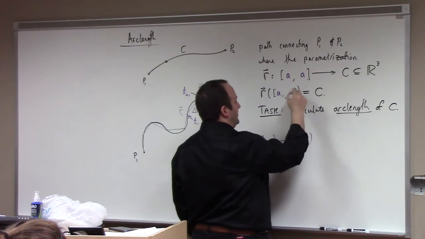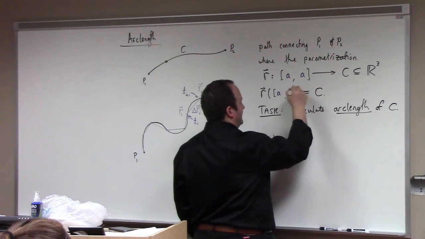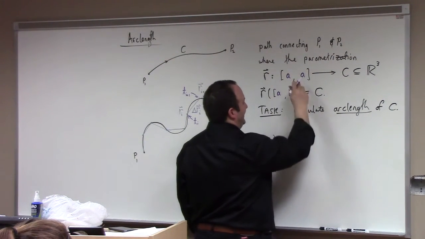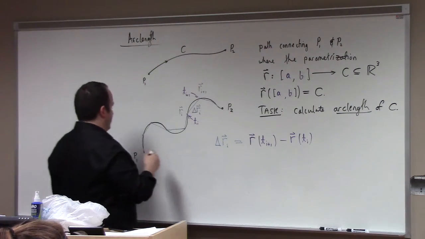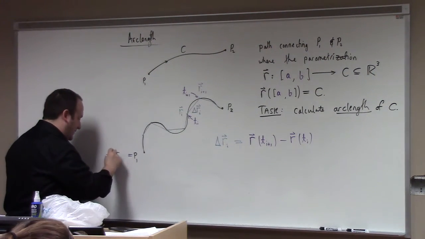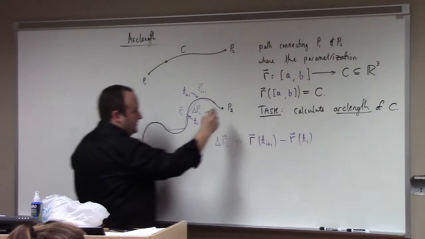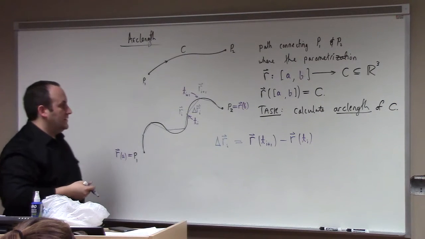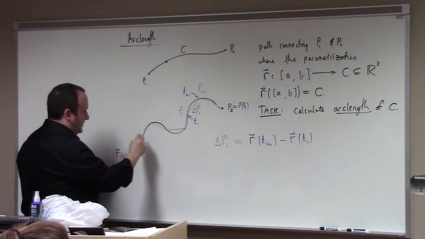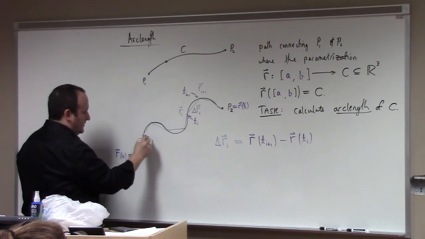Oh, I said A and B, but what did I write? Idiot. B. So this P1 is R of the initial time A, and P2 is R of the final time B. So this first point here would be,